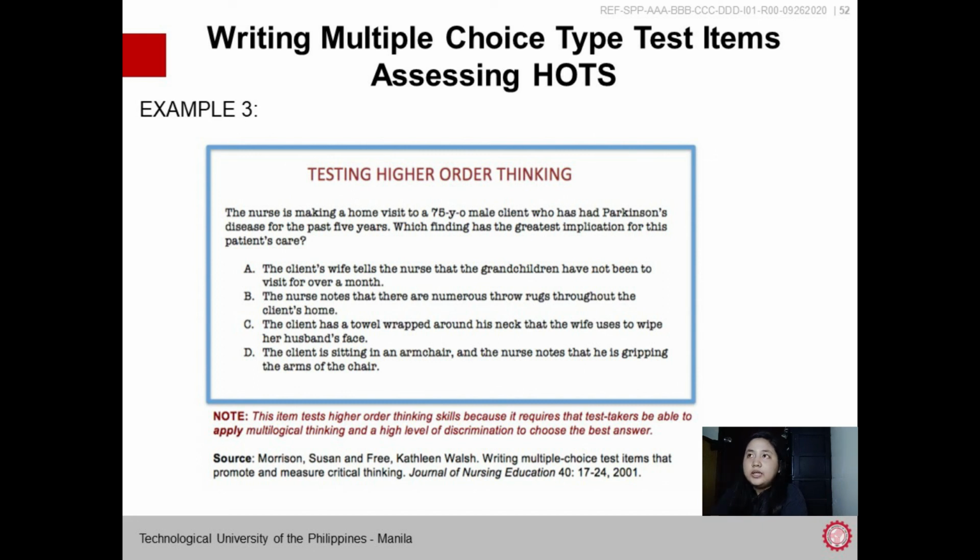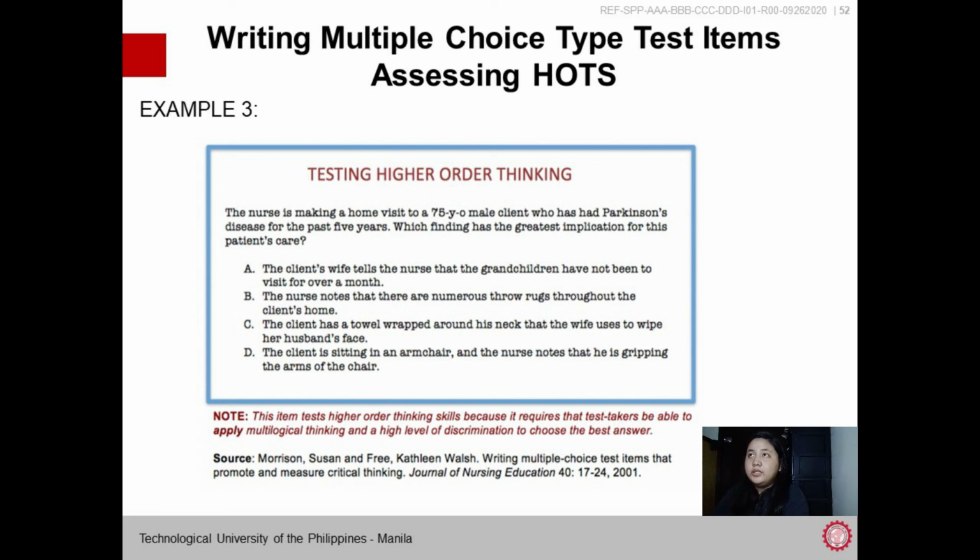Students are now able to adapt or apply the knowledge that they have learned, or they are able to internalize or synthesize each question that is in their quiz or in their assessment. So with this, na-assess na natin yung learning ng students, or na-achieve na nila yung competency na kailangan ma-develop nila